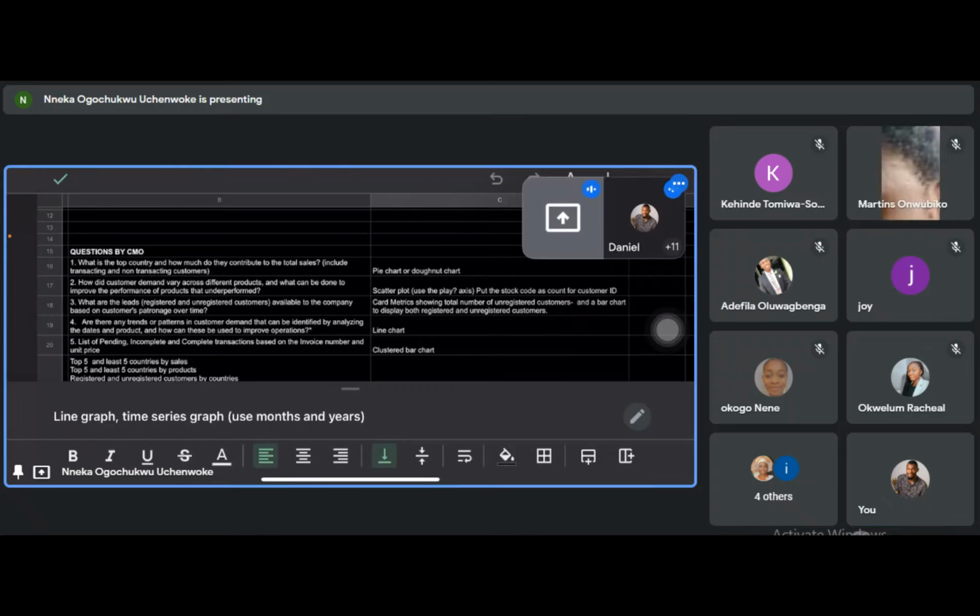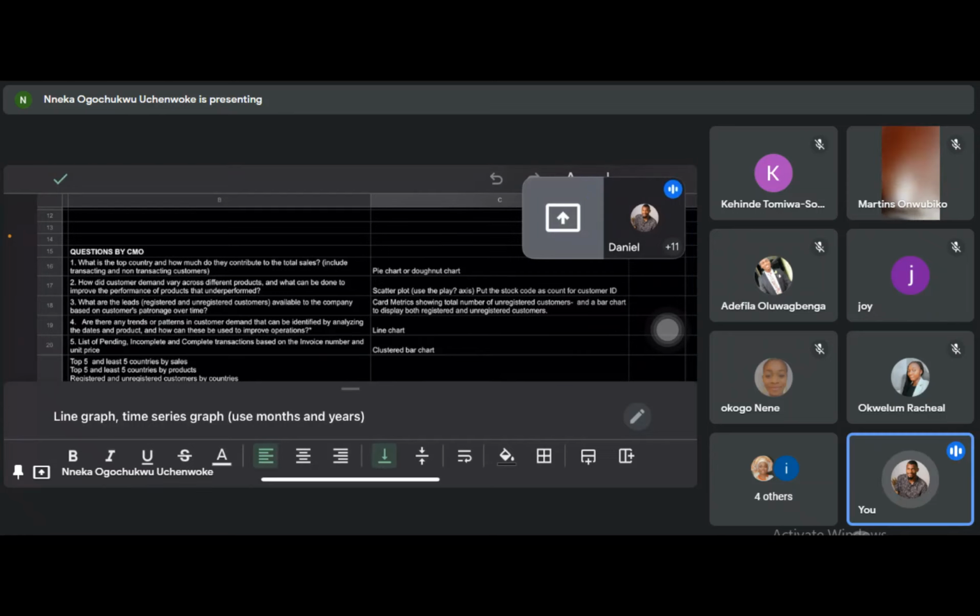Then, okay, and here I think you might want to play it in two different ways. Either you just look at the customers, how they've increased over time, or you look at their purchasing power over time. It depends. So for purchasing power, you have to include the total price or the amount they've spent over time.